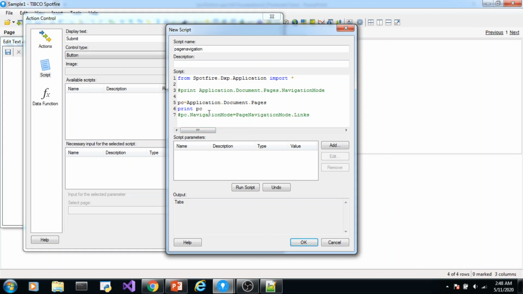Print PC. See what it prints, what it returns. Page collection. See, page collection. So it is returning a collection of pages. Now if I write something like this, print